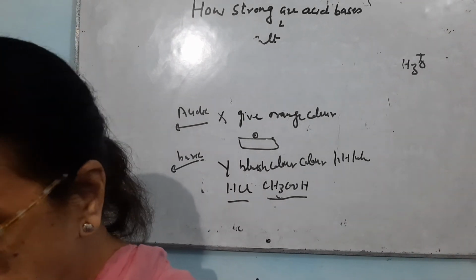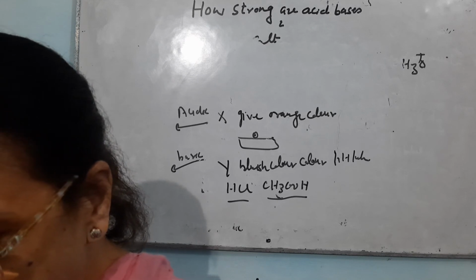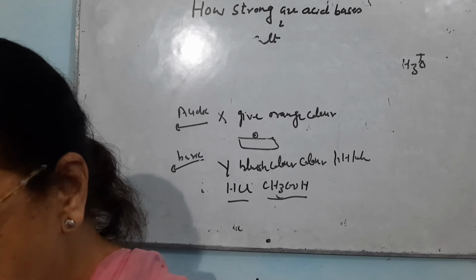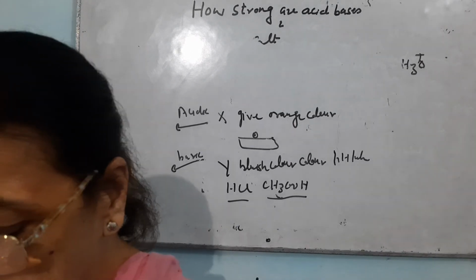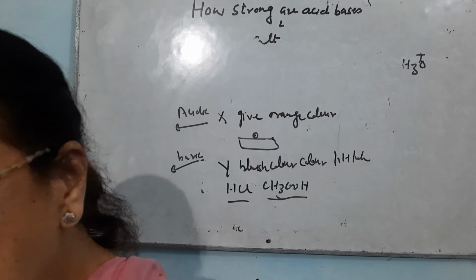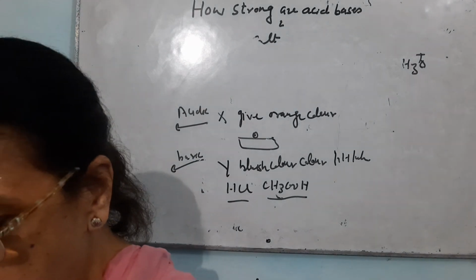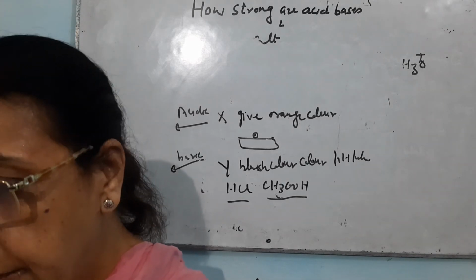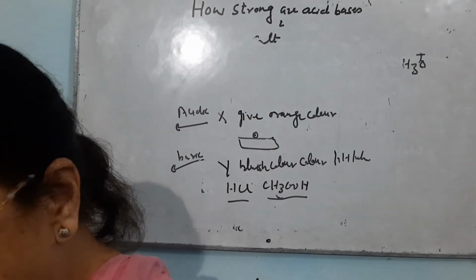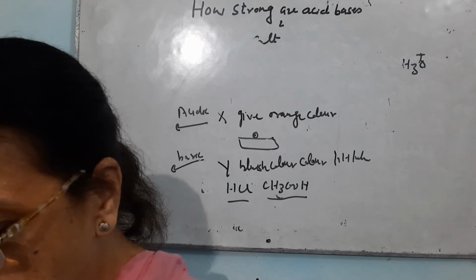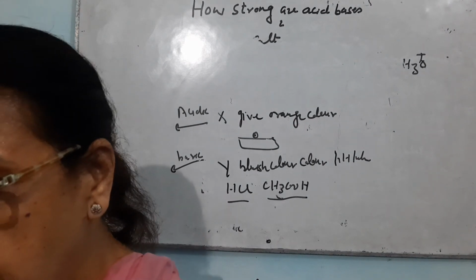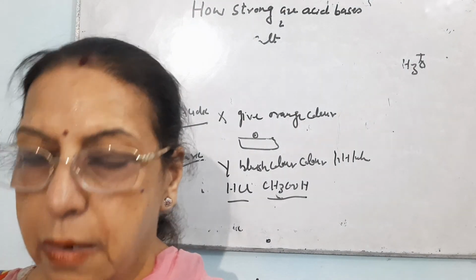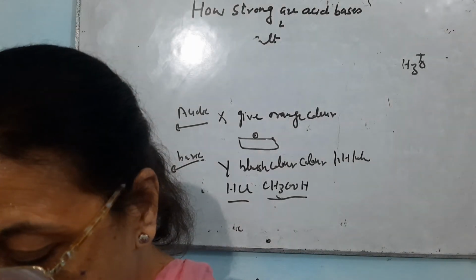Now the next question is, why do we need to brush our teeth with toothpaste after eating sugary food? Acid is produced because some particles are left in the mouth. So bacteria become active. To remove the excess of acid, we brush our teeth with toothpaste, which is basic in nature.